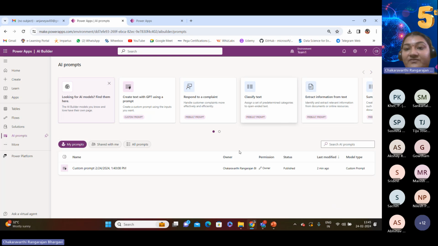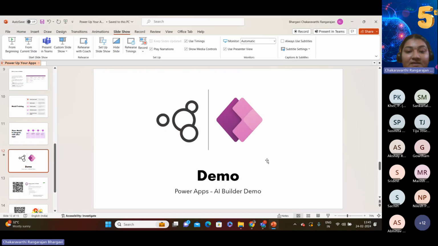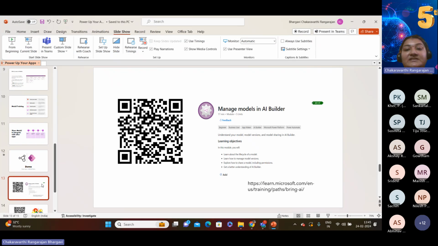Flow is something that gets connected inside the Power Platform. So all this can be done inside the Power Platform, inside Power Apps, for using the AI Builder. And then there are a few resources available in Microsoft Learn as well regarding the